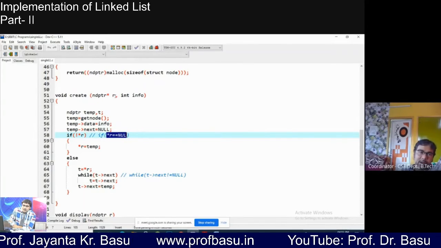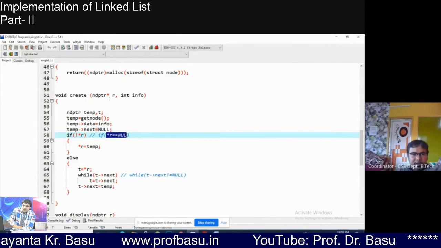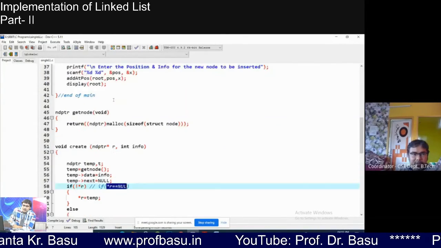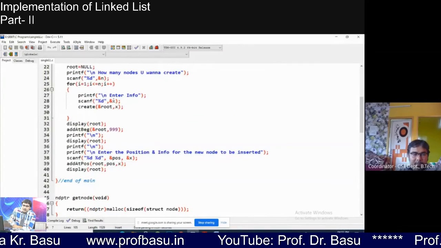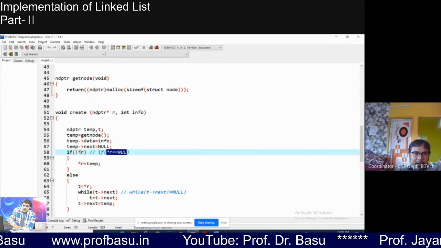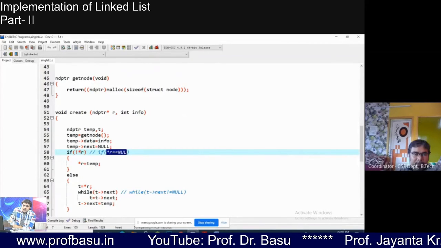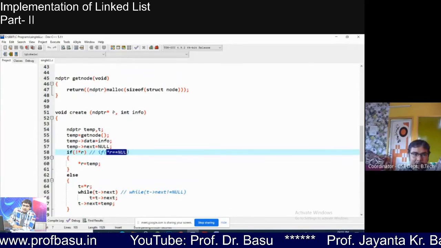Root means value at address r, so star r means root. Since r is having the address of the root, star r means value at address.